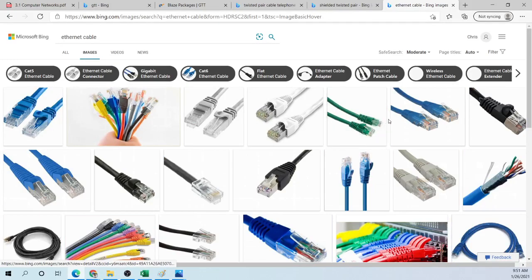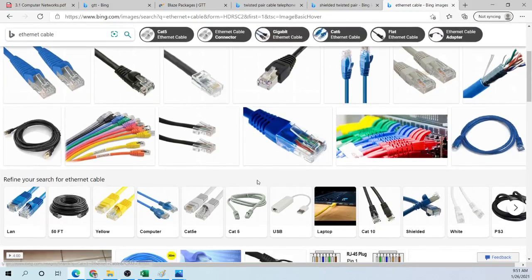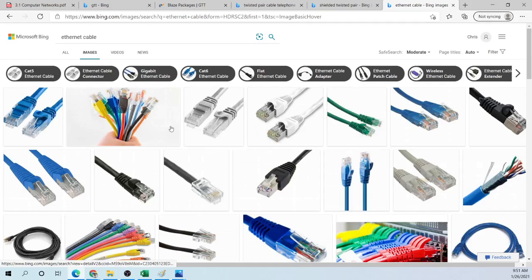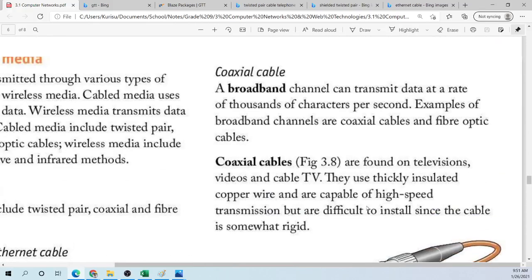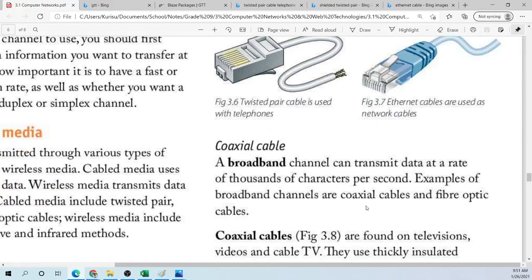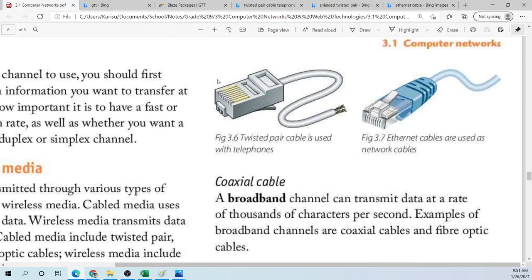These cables that you're seeing here. So notice we search for Ethernet cable, and mostly these are coming up. The ones that plug into your desktop, the one that plugs into your laptop, your modem, your router, and so on, because that's what we mostly refer to as the Ethernet cable, the one that plugs into those devices. Now, just like any cable, the longer the length of the cable, the weaker the signal of that cable. So Ethernet cables, they would have this connector at the end of the cable. So remember what the connector looks like.